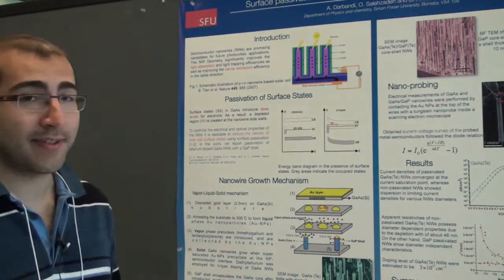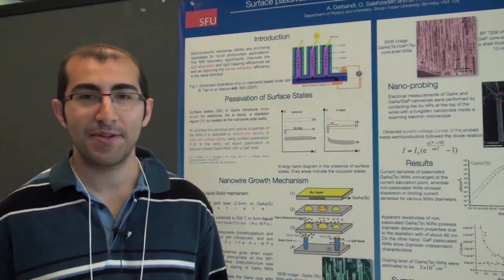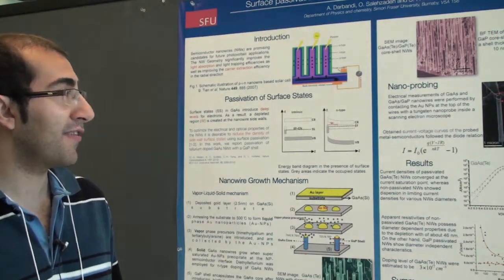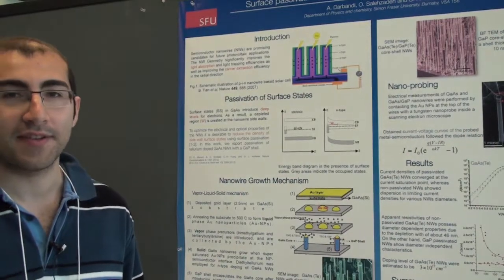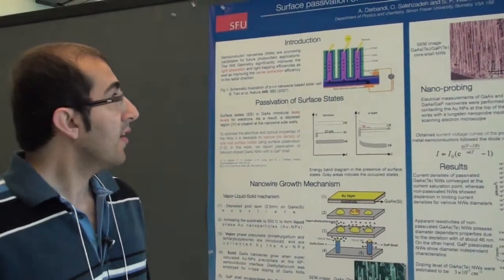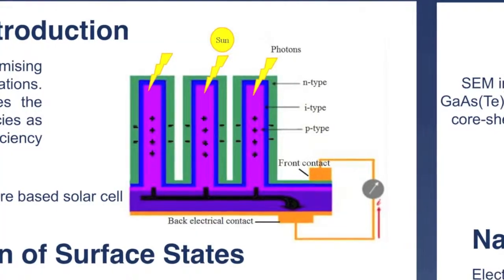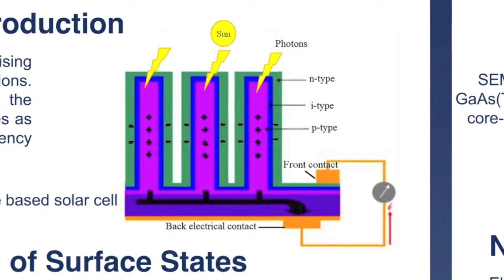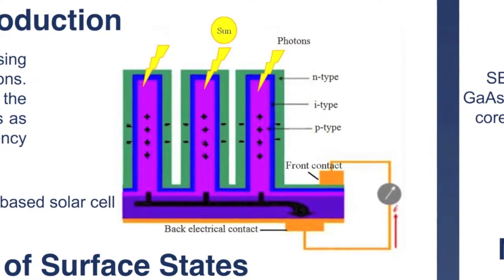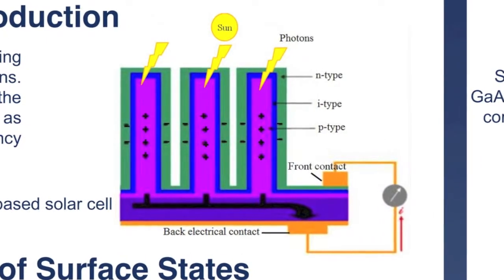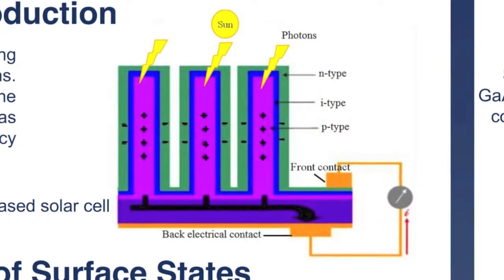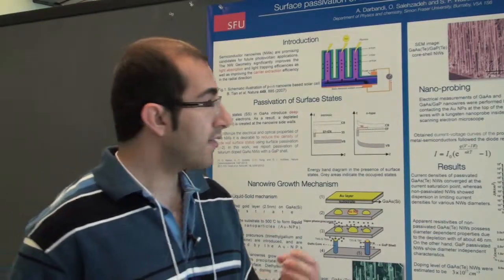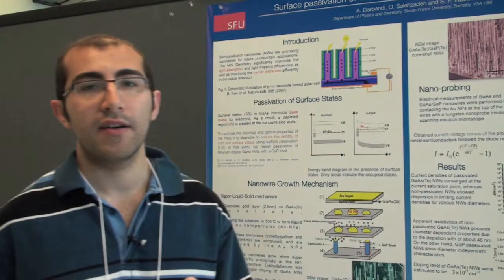This research is about surface passivation of tellurium-doped gallium arsenide nanowires in application of developing new generation of solar cells. Nanowires are promising materials because nanowire geometry significantly improves the carrier extraction and light absorption. And in nanowires, surface states